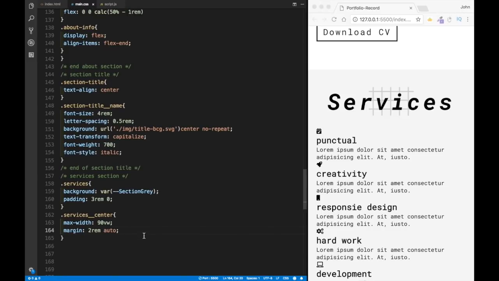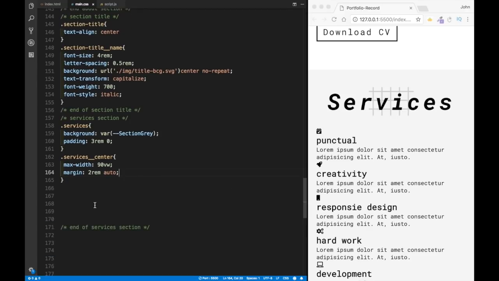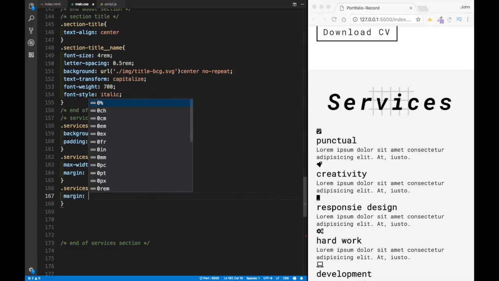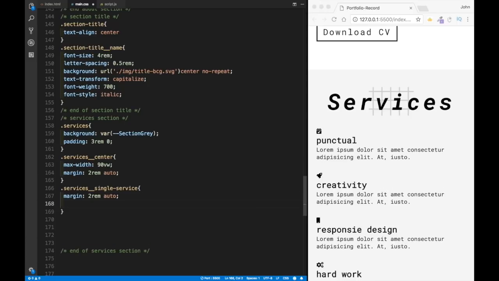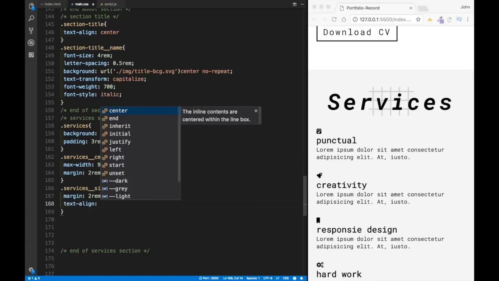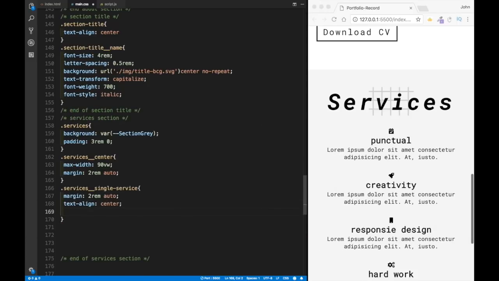So once we have the actual services center, let's do a single service. So this is the actual article that's holding all the items. So over here, we're going to say services, then this is going to be a single service. So this is going to be the whole article that's holding it. And over here, we're going to do again margin 2 rems auto. Then we're going to do a text align center. Then we're going to have a